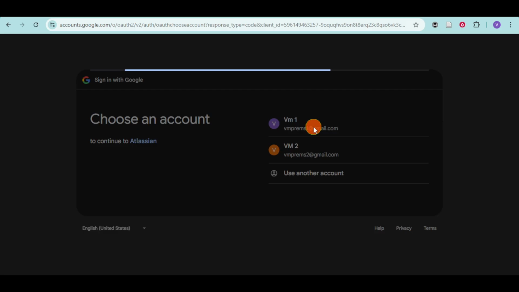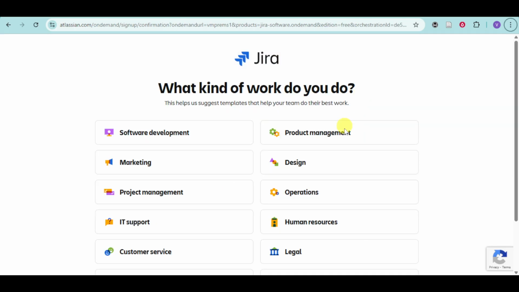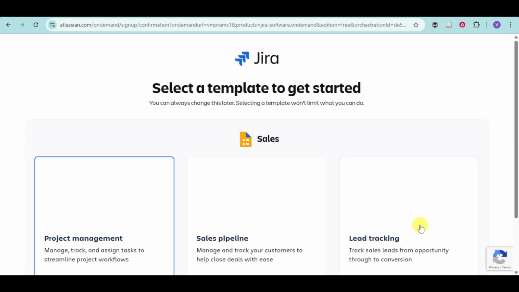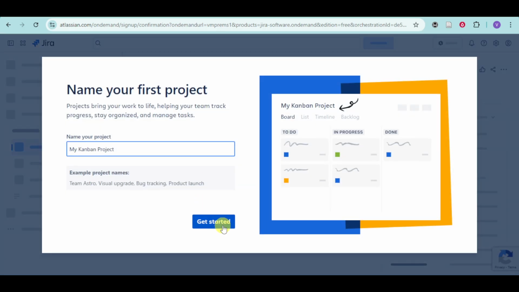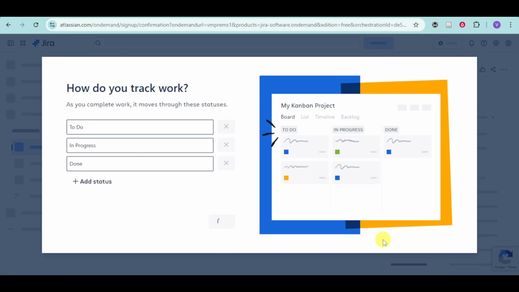Now let's head over to our actual account right here, and then proceed to actually log in to your Atlassian account using that. Input right here your site details and click on continue. From in there, just continue the setup of your Jira right here. And once you have done that, you can head over and choose right here what you want to actually do. Now I have in here my Jira, so the next thing you need to do is to actually set it